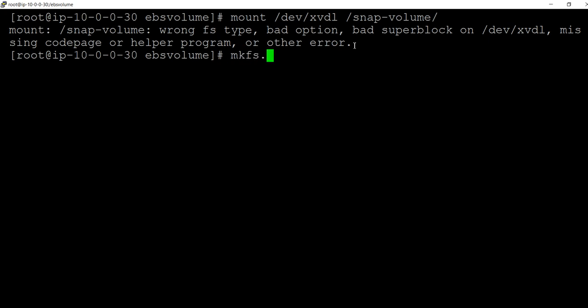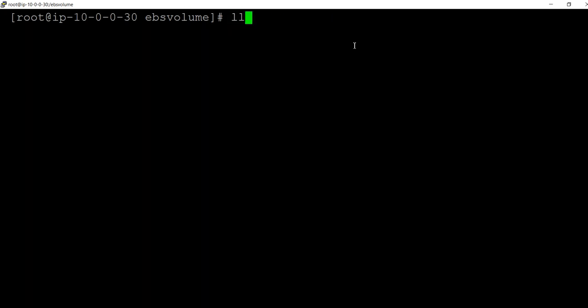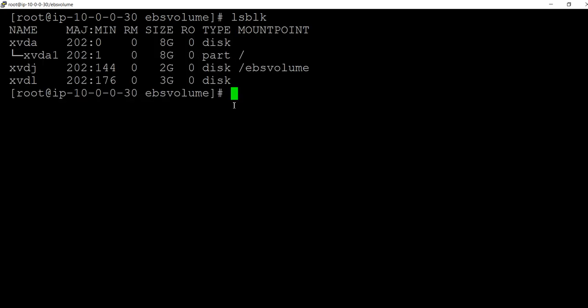mkfs.ext4 for /dev/xvdl. Okay, now we'll do lsblk. We create it without creating any new partition, it needs to be displayed here.